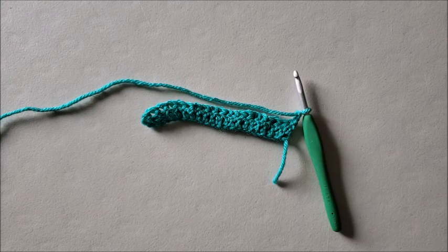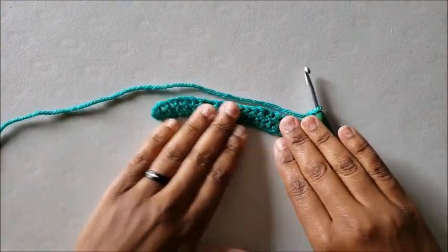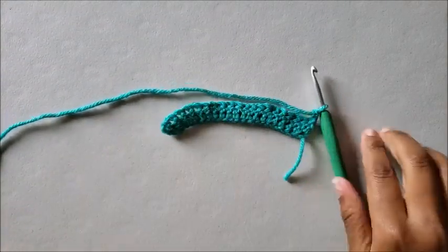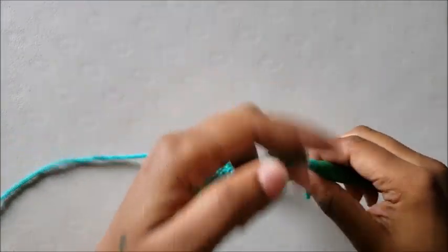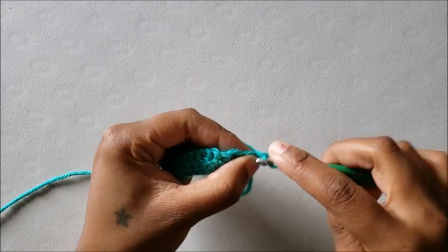Okay, and we're back. So now that we've learned the puff stitch, let's move on to the popcorn stitch. Now this stitch can be made bigger or smaller using more or less stitches. So what we're going to do, and I'm going to use the same little double crochet starter that I had there, is 5 double crochets into the next stitch. So 1,